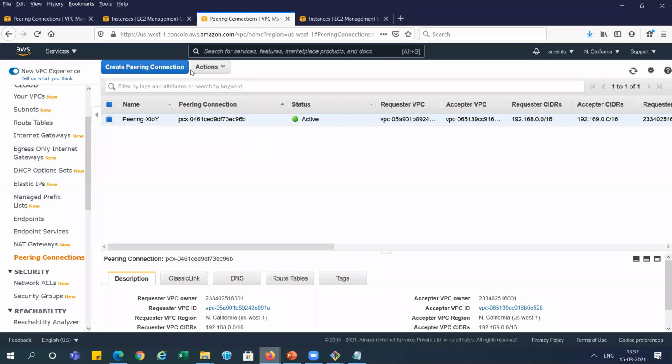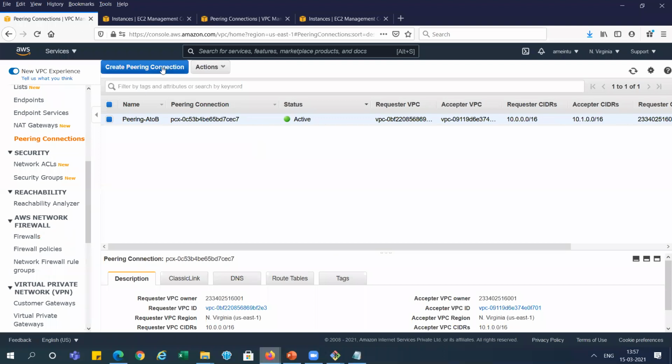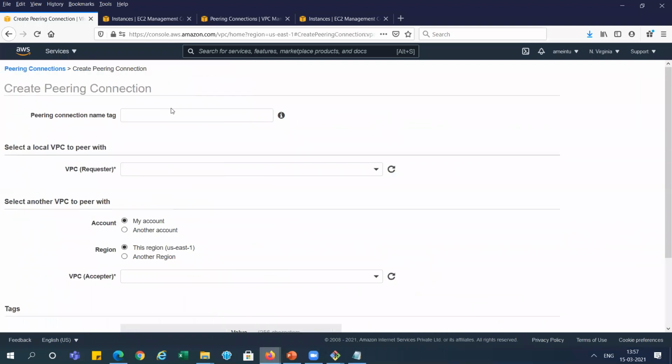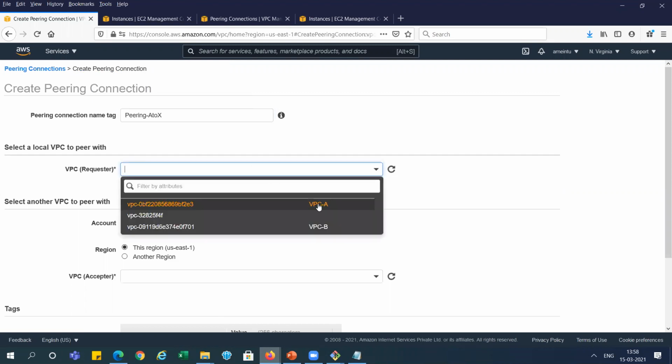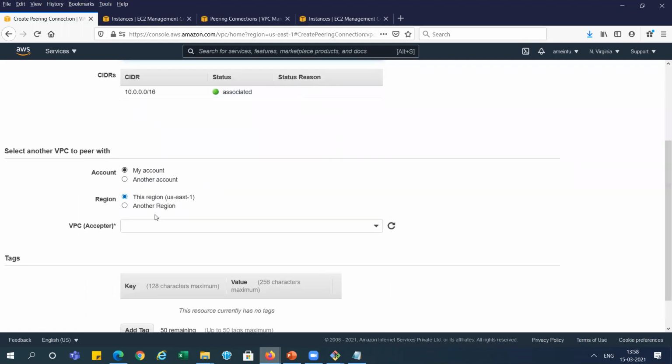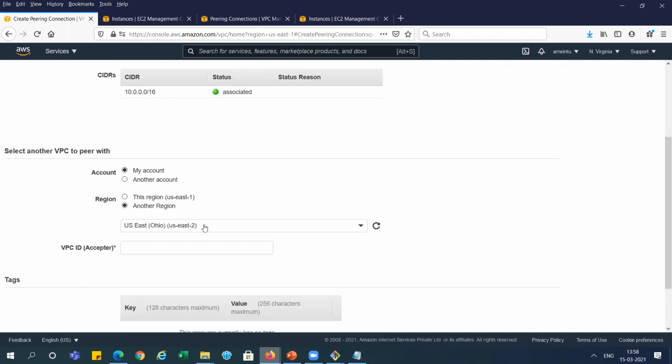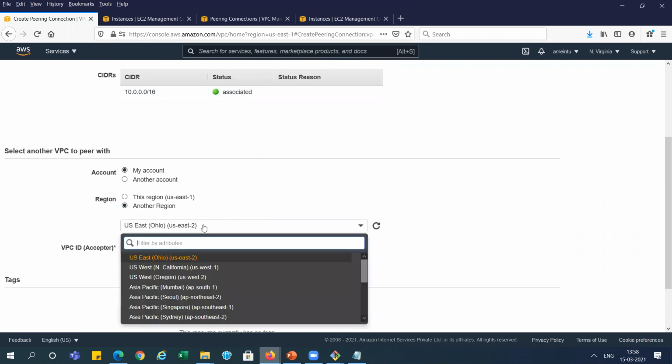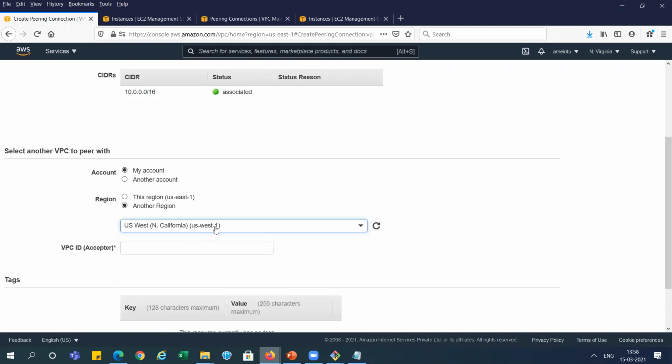We will go to the region and select this peering A to X. Then this is our region. I'm creating these peering connections and I'm giving the name A to X. Then here the requester will be A and the acceptor will be X, right? So go and select VPC A. A is giving the request to X. So here we need to go to the other region. Which region do we want? We have selected the California region, US West 1, right? So we need to go there